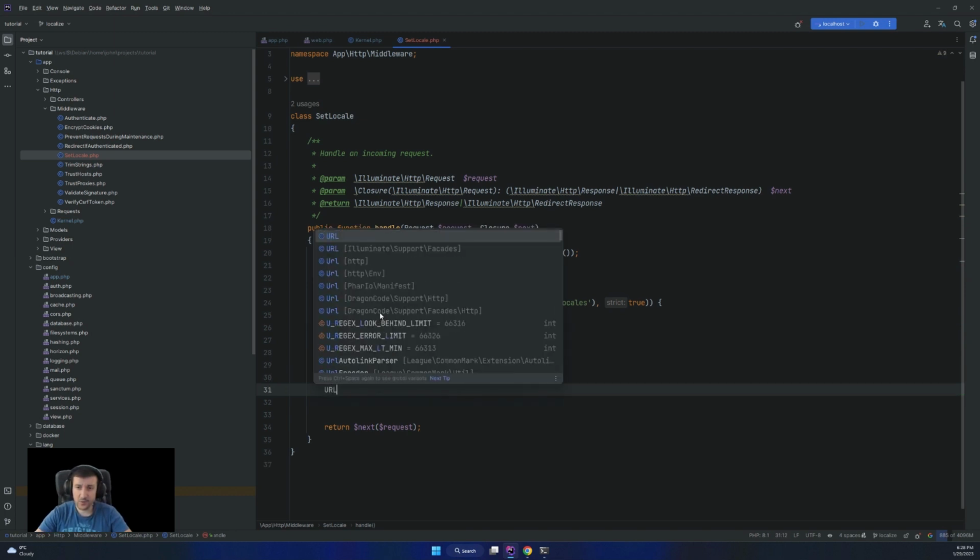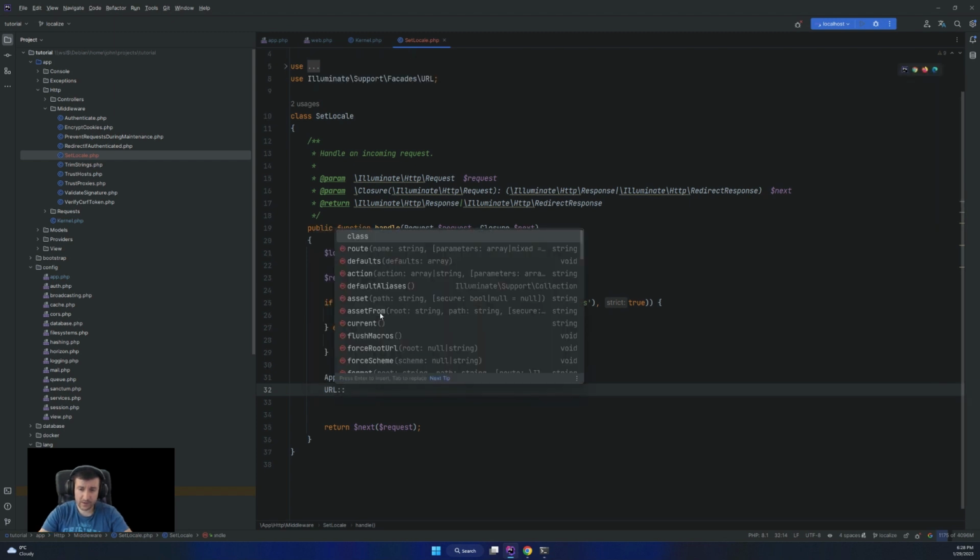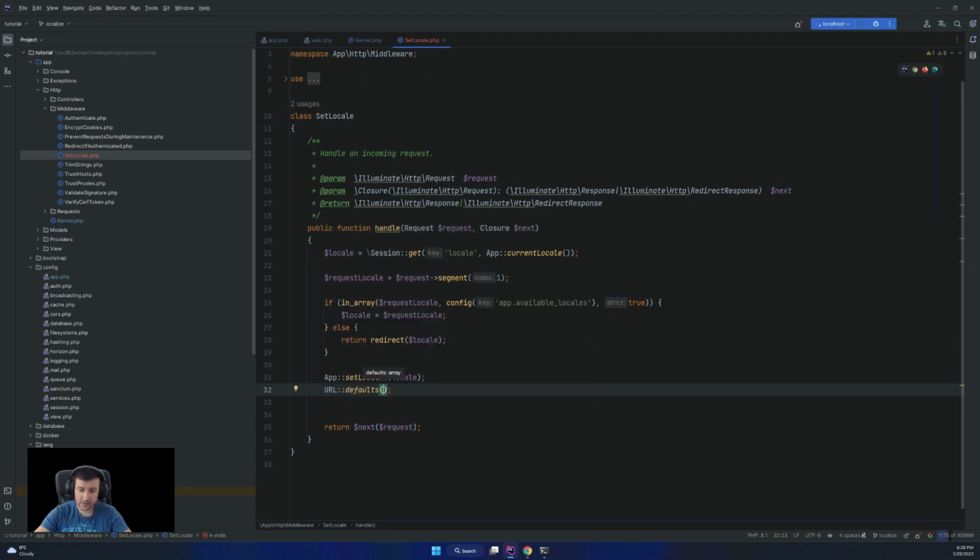Then for the URL, we set the defaults, and then we say locale to be our locale. So like this, any route, URL, whatever will have locale in the build.